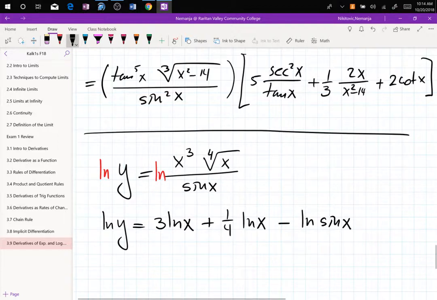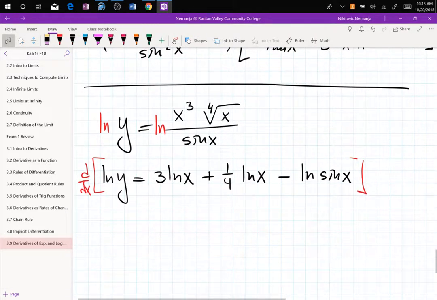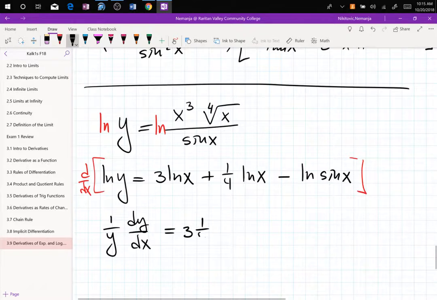Now I hit this with the derivative. Observe that I have ln y on the left-hand side, so I have to deal with that as well. The derivative of ln y is 1 over y, and then I took the derivative of y in respect to x. That's the chain part right there. On the right-hand side, derivative of ln x is 1 over x. That's cheap. 3 times 1 over x plus 1/4 times 1 over x